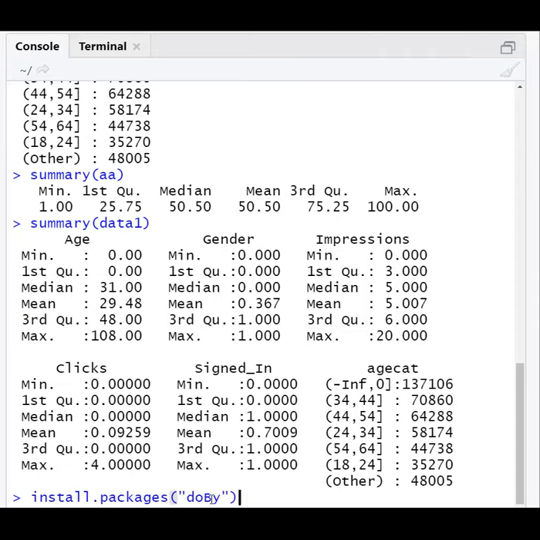To install a package, we use install.packages, and within double quotes we give the name of the package. It takes time, as it downloads all the related files for that package. I have already installed it.